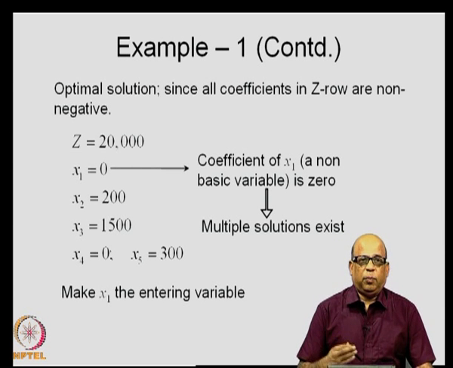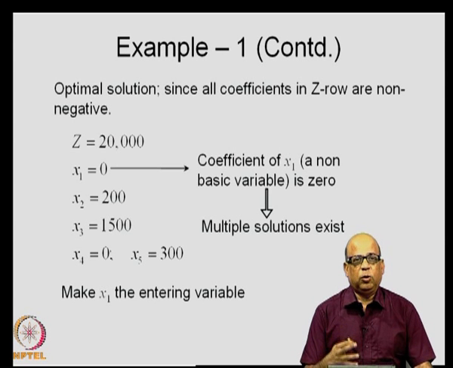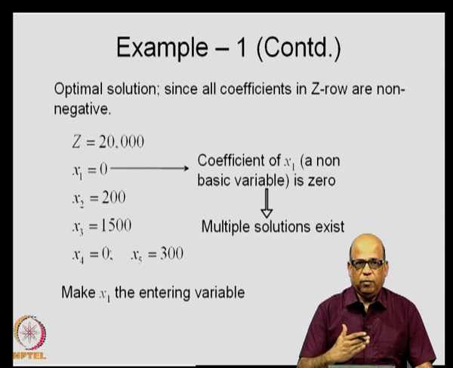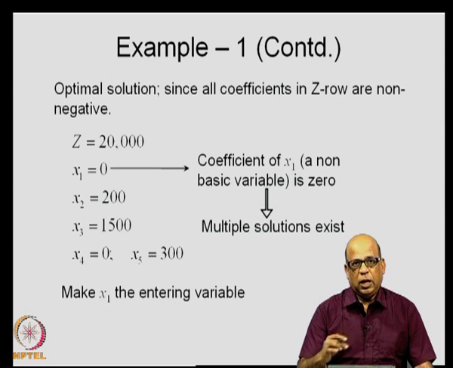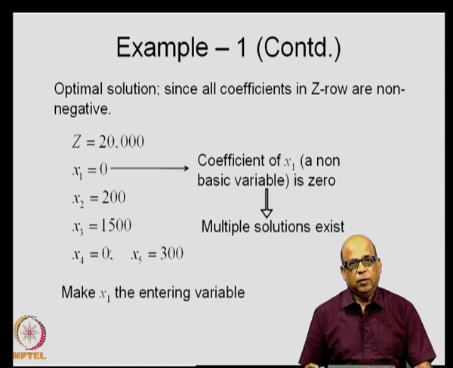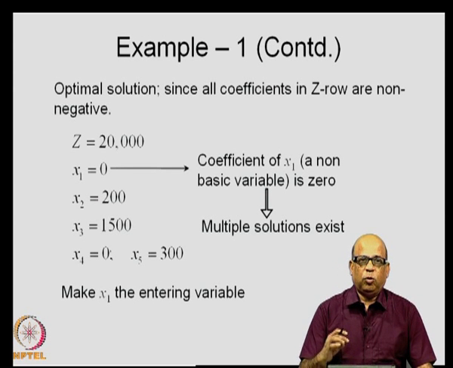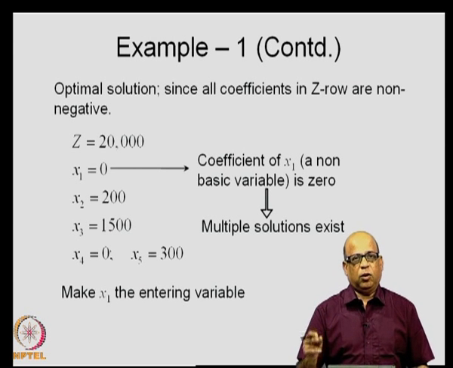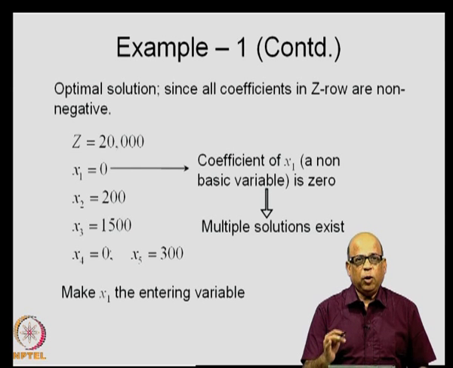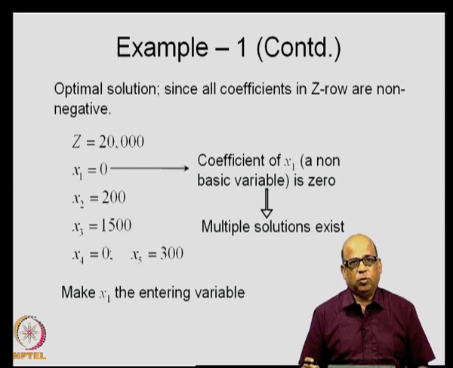Then we need to get the multiple solutions. As I said, if there are 2 solutions possible to the LP problem, there are infinite number of solutions. If you recall, in the graphical method, what did we do? As the z value is increasing, if the last point of the z value coincides with one of the edges of the feasible space, then it means that there are multiple solutions, and any point on that edge of the feasible space is in fact an optimal solution, and therefore there are infinitely many solutions.